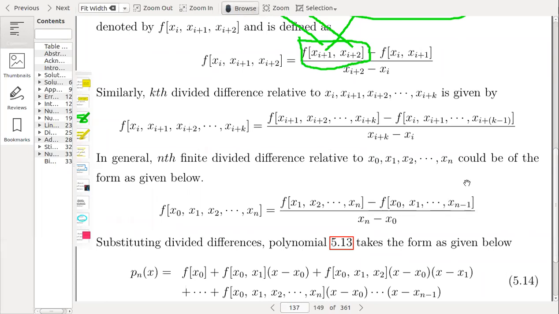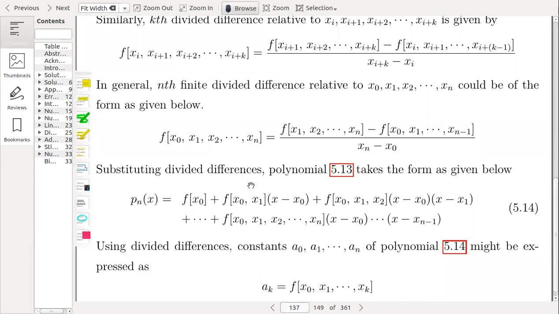So here, just start by 0, like you see here, xi plus 1, and this started from xi plus 1 to xi plus 2, and look at this point. This difference is started with xi and is finished at k minus 1, and this is started from xi plus 1 and finished at xi plus k. And the same technique is here. This is started with x naught up to n minus 1, and this starts by x1 to n, so xn minus x naught.